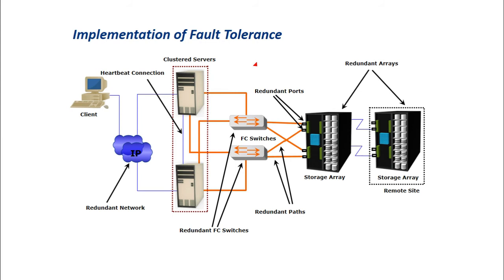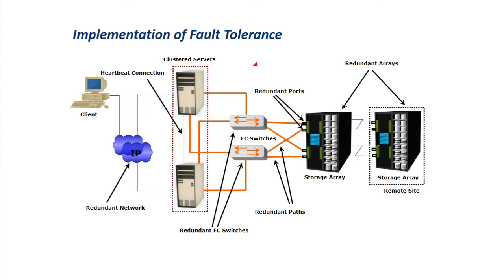So let us see what might be the single points of failure in this particular diagram here. Configuration of a redundant host bus adapter at the server is used to mitigate a single host bus adapter failure. Configuration of the network interface cards